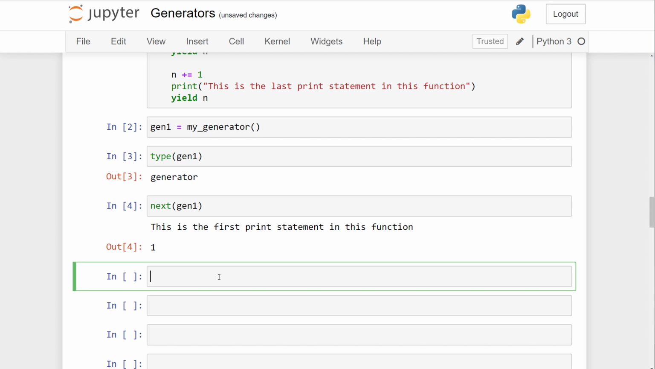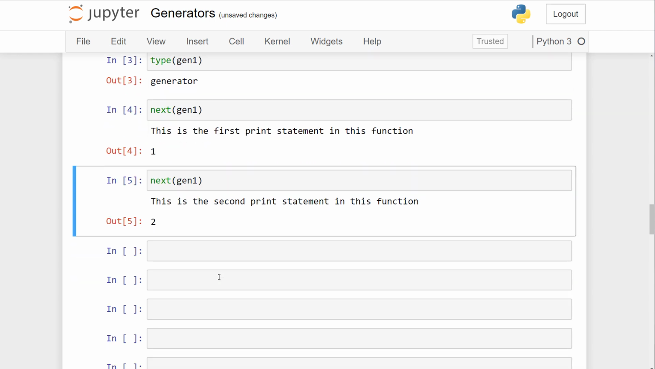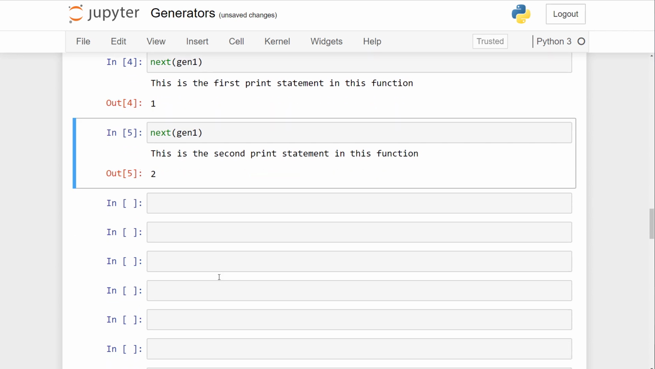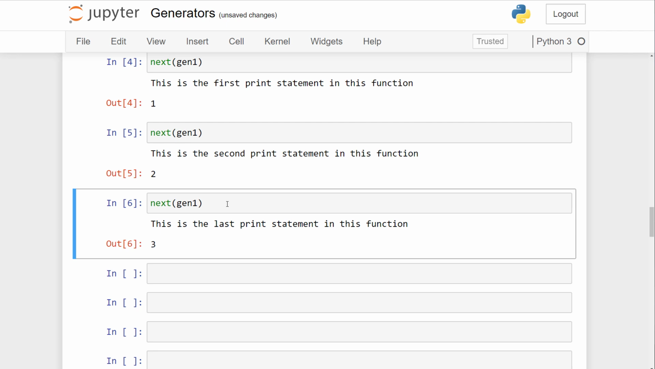If I now put next and pass in gen1 again, and run this code cell, we then print to the screen, this is the second print statement in this function, and we now return 2. The function is paused at this point, it remembers that the variable n contains the value 2, and finally if I put next and pass in gen1 again, we get this is the last print statement in this function, and